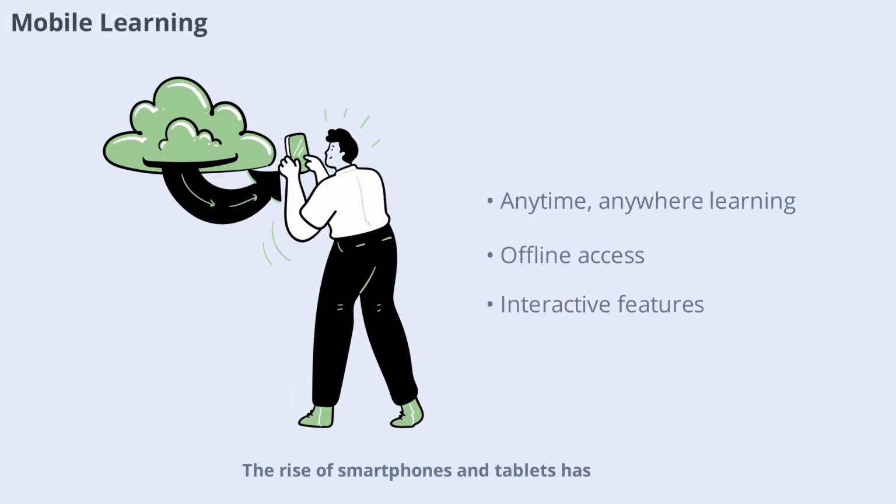The rise of smartphones and tablets has made adaptive learning more accessible than ever. Mobile-friendly platforms allow students to learn anytime, anywhere, fitting lessons into their busy schedules. This flexibility is particularly valuable for adult learners and those in remote areas. Mobile adaptive learning apps often include offline capabilities, push notifications, and interactive features, ensuring that learning continues beyond the traditional